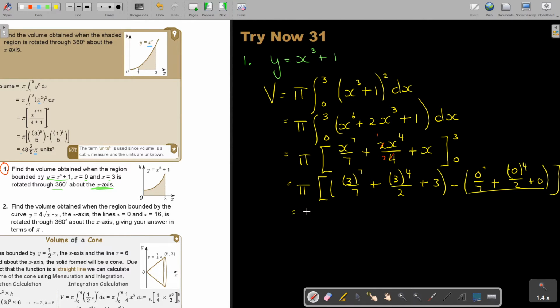Okay. Now I'm just going to work it out. 3 to the power of 7 equals, divide 7 equals, oh, let's give me a fraction. So this is going to be 312 and 3 over 7, plus, this is 3 to the power 4 equals, divide 2 equals, and it's going to give me 40.5 plus 3. So if I add that,